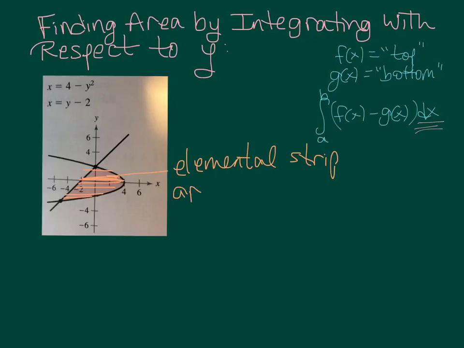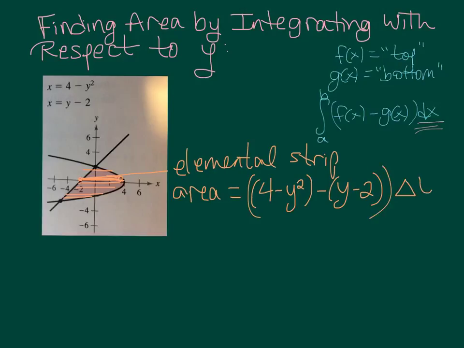The area of that strip is the x coordinate at the right endpoint minus the x coordinate at the left endpoint. So it's 4 minus y squared minus y minus 2. That's the length of the strip, and the width of the strip is delta y. And if we add up all those strips and take the limit as the delta y goes to 0, what we end up with is an integral with a dy instead of a dx. 4 minus y squared minus y minus 2